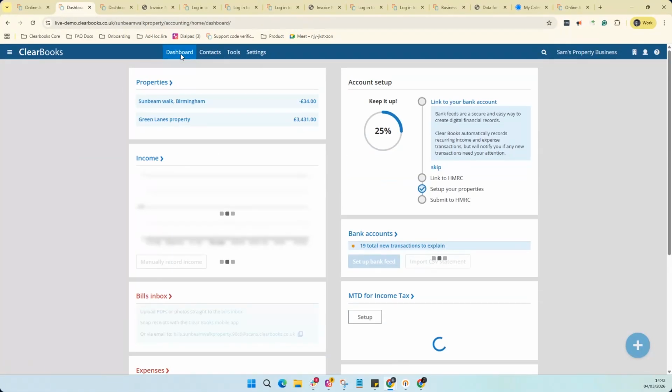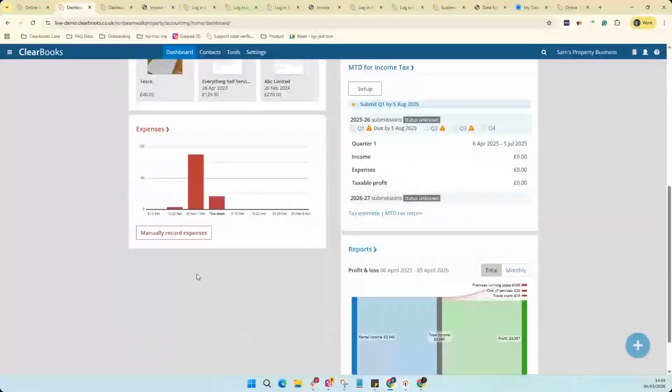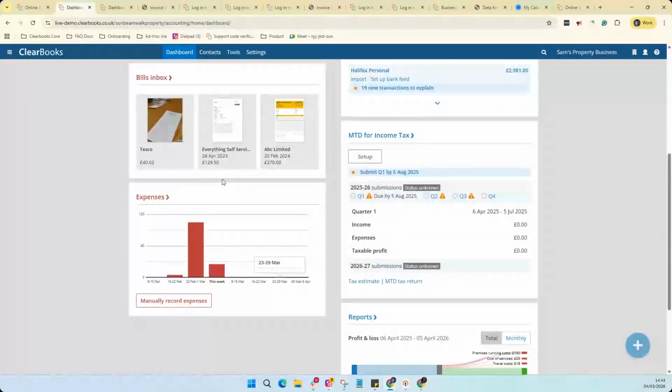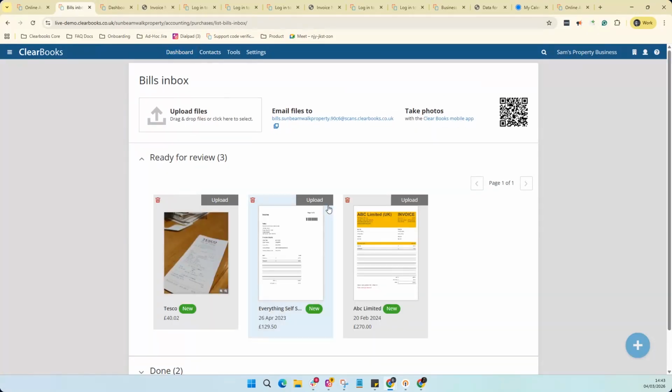So yeah, you've got multiple ways to record income and expenses: either the bank transaction method, or manually recording an income, or manually recording an expense. These are all available in the system. Ideally, you just need to follow the most suitable method for yourself, just once. The other option we have here is the bills inbox,